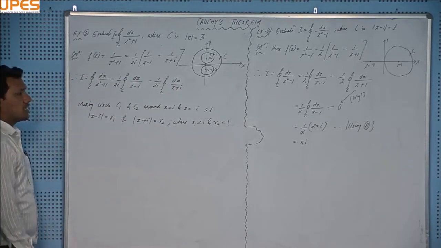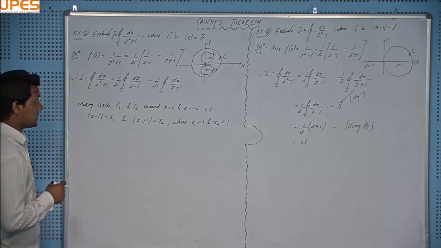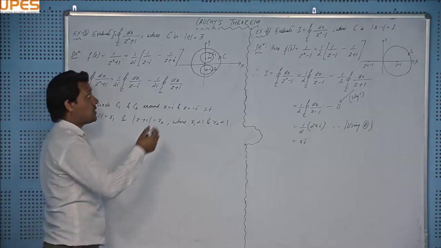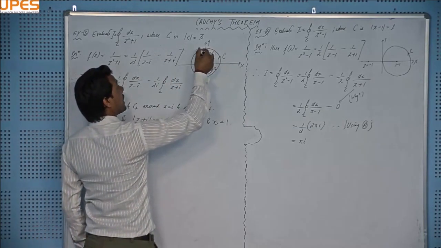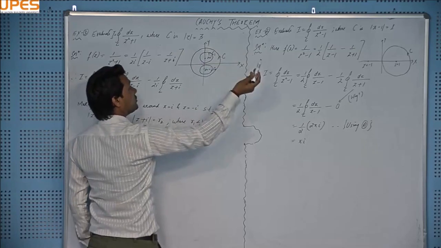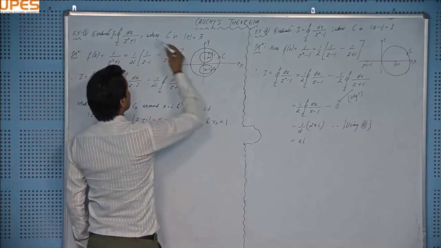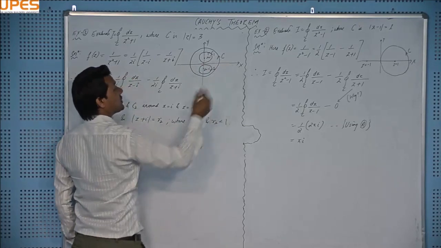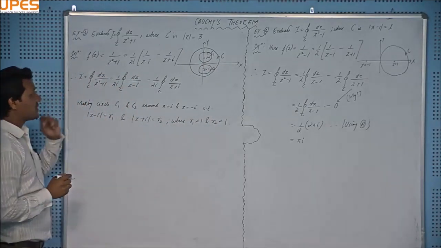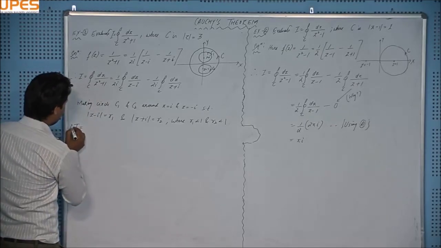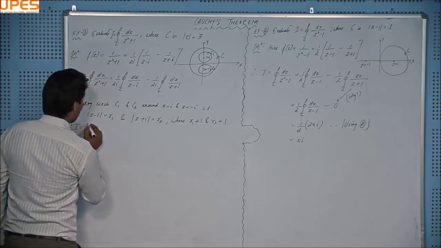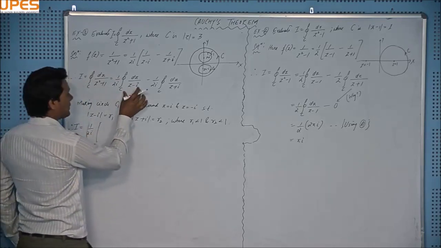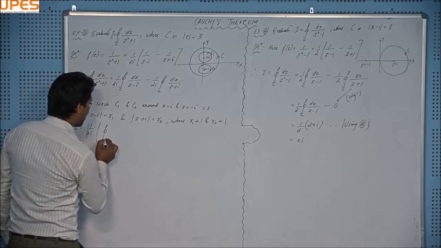So the problem will be converted. Again, you remember Cauchy's theorem for multiply connected domain. The problem of integrating the function around the outer contour is actually equal to the problem of evaluating the function f(z) over these small contours C1 and C2, and then we add them to get the final result, right? So now I am going to apply the theorem on this I. Therefore, I equal to integral 1 over 2i, and this integral can be written as C1